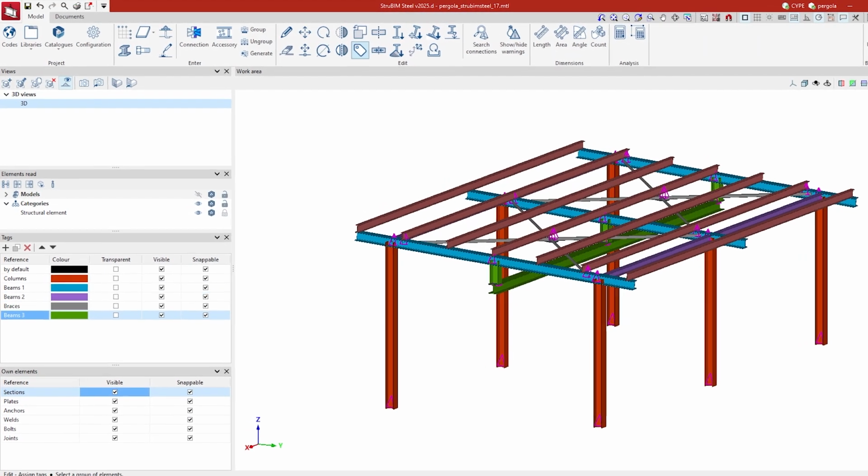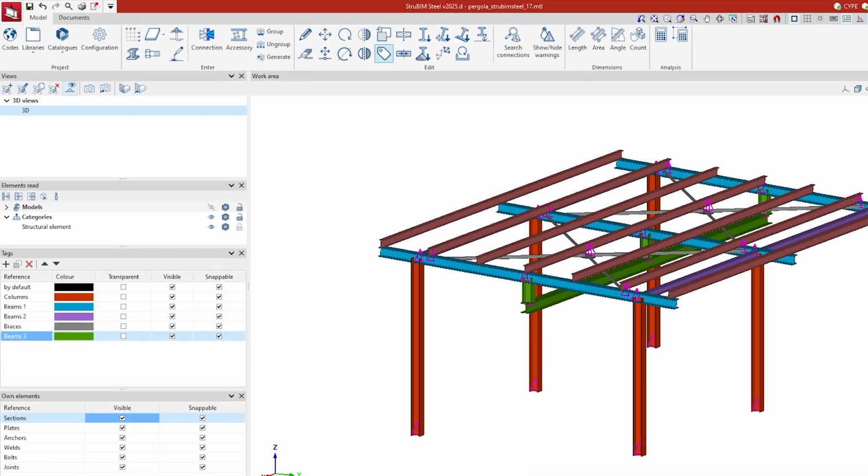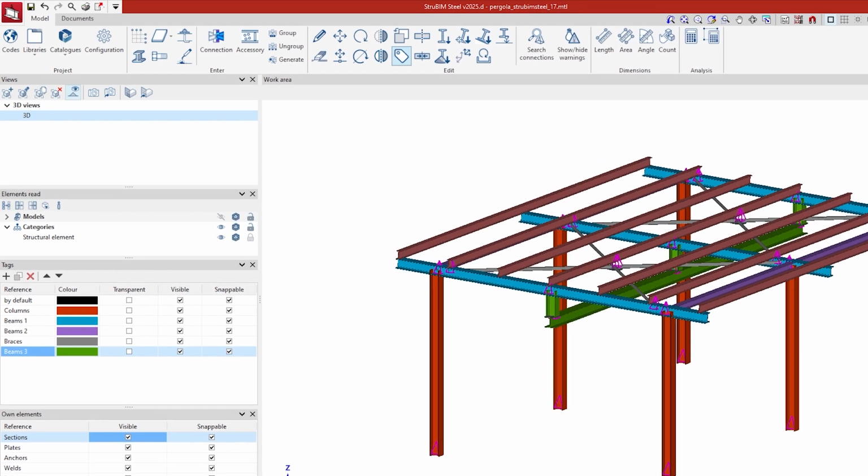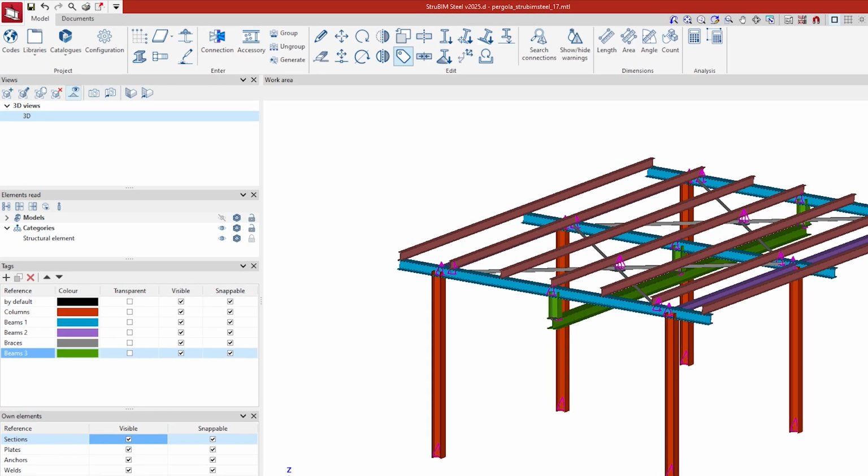For the detailing of the structure, there are going to be some crucial aspects. Two very helpful things are going to be the tags that we use for the elements and the views that we create. So let's start by tagging